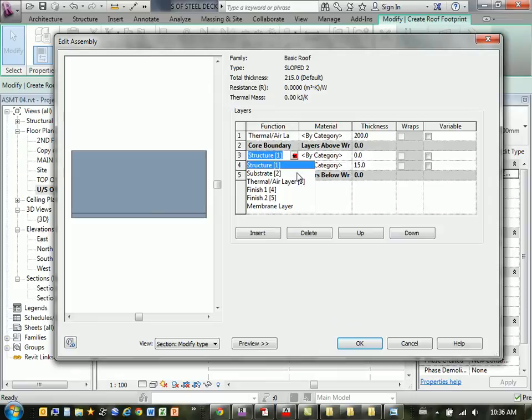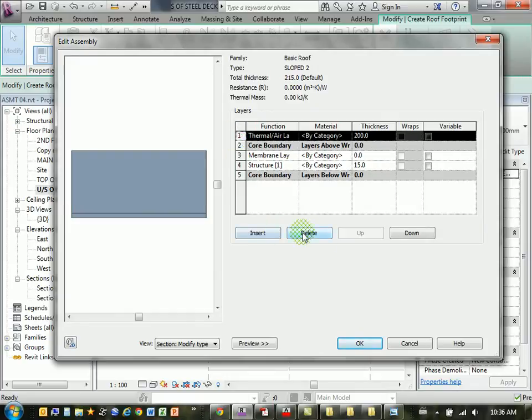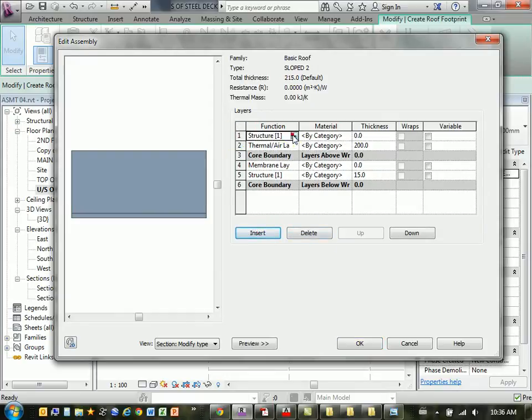This one is my membrane layer. It doesn't have any depth, of course. And then I've got my core boundary, my thermal air layer, which is my insulation, and then I'm going to insert another one above that. And this is also going to become a thermal air layer with a thickness of just 2 millimeters. Okay,